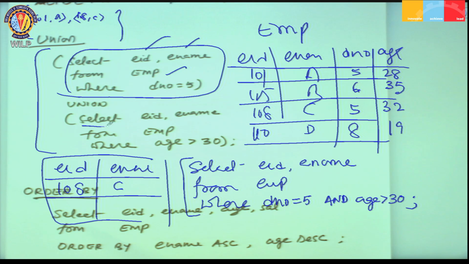In the second set, what am I doing? Select employee ID and employee name for those employees whose age is greater than 30. This set is going to be this one and this one: 105 whose name is B and 108 whose name is C. These are the two sets. Now if you perform union of these two,